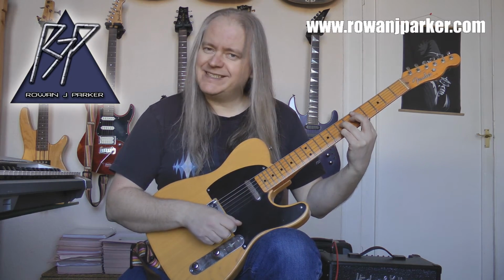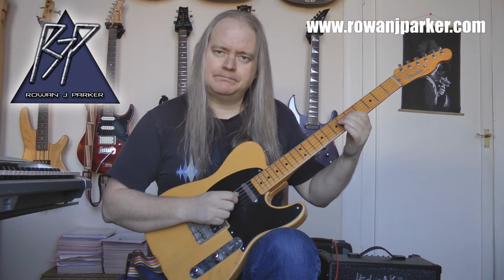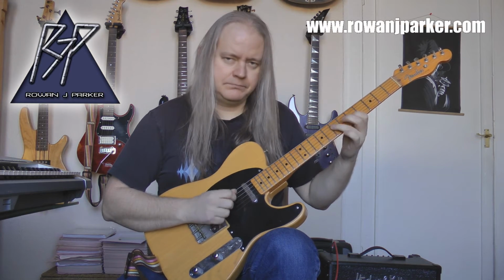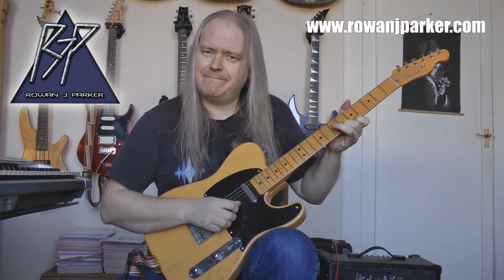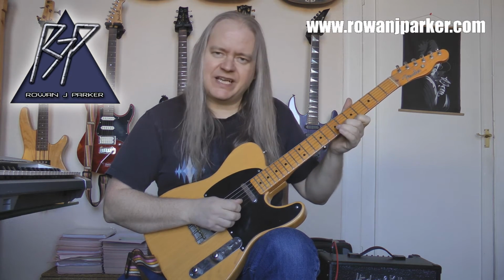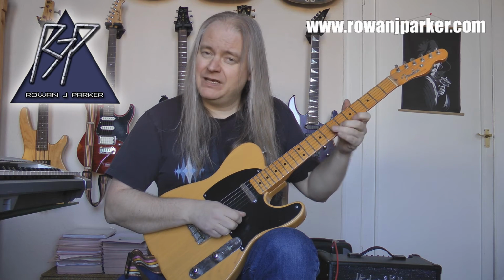So let's move on now and look at the lick over the D7. Okay, and here's the lick over the D7 chord. So it starts off with this honky sounding train bend, which is high 5, and then B6, first finger and second finger, and I'm going to bend the B6 up